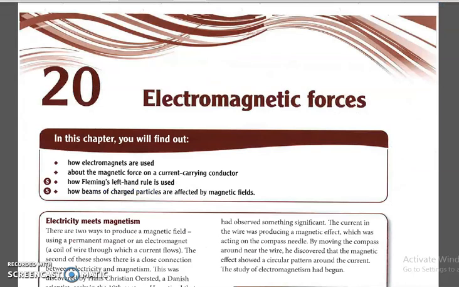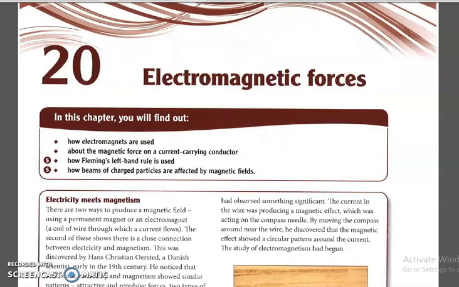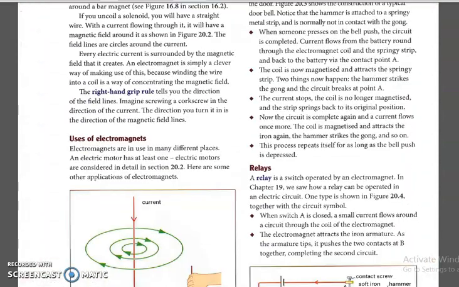So we know in our previous classes we have studied about electromagnets. They are temporary magnets which generate magnetism when electricity is passed through. We know that when magnetic fields are moving around, we can see electric fields around it. If there is an electric field around it, there will be a magnetic field. Both are interrelated, and we have studied about electromagnet and how to increase the strength of electromagnet also.